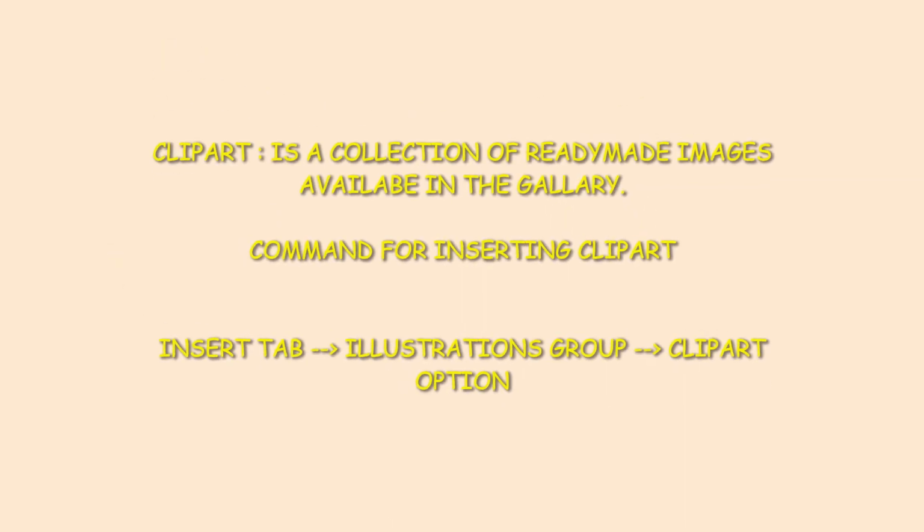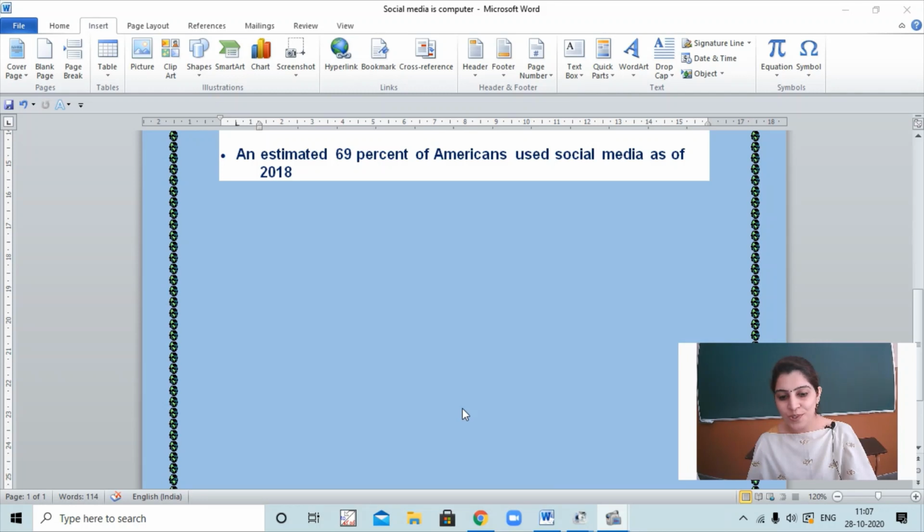So, today we will start with chapter 5, more on MS Word. Students, for improving the presentation and the overall appeal of the document, we should include, rather we must include, clip arts or pictures in our document. So today we are going to do that only: how to insert clip art and pictures in the MS Word document.